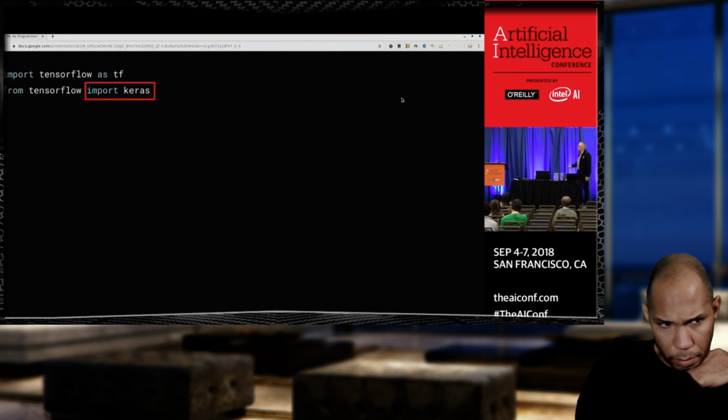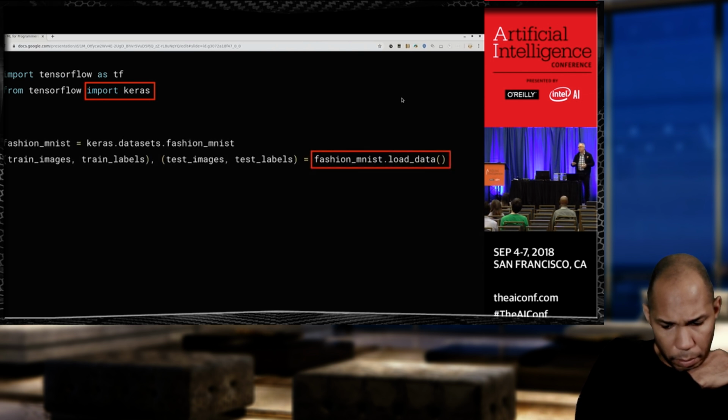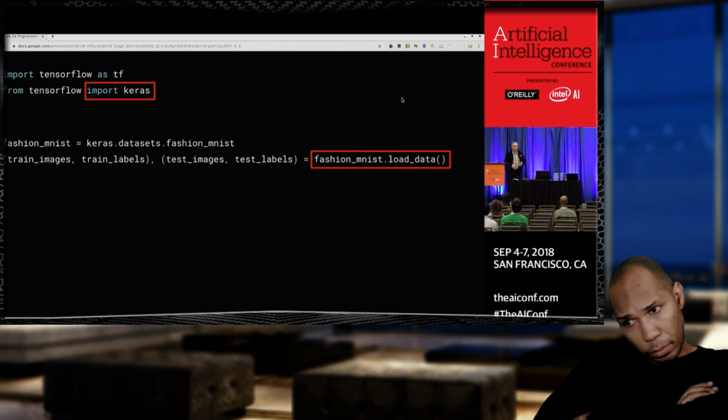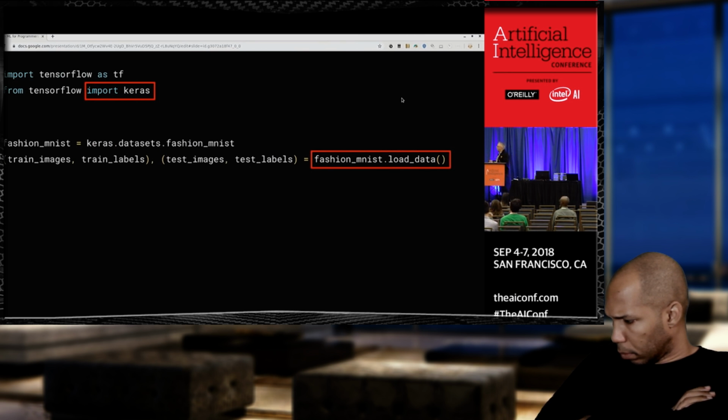So if you remember earlier on, the code that I was building was I created the neural network, I compiled the neural network by specifying the loss function and the optimizer, and then I fit it. So in this case, a little bit more complex. Your code's going to look like you're going to use TensorFlow. From TensorFlow, you're going to import the Keras namespace, because the Keras namespace really nicely gives you access to that Fashion MNIST data set. So think about all the code that you typically have to write to download those 70,000 images, download their labels, correspond a label with an image, load all of that in, that kind of stuff. All that coding is saved and just put into these 2 lines of code.